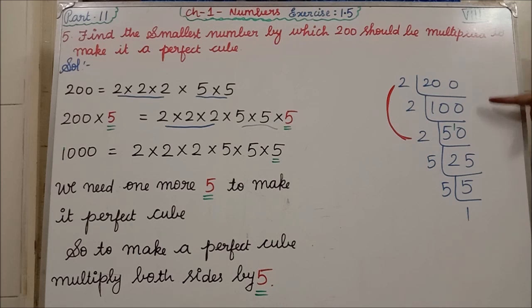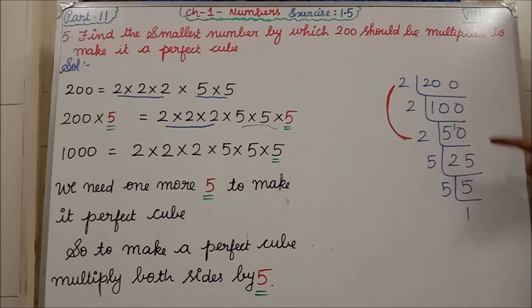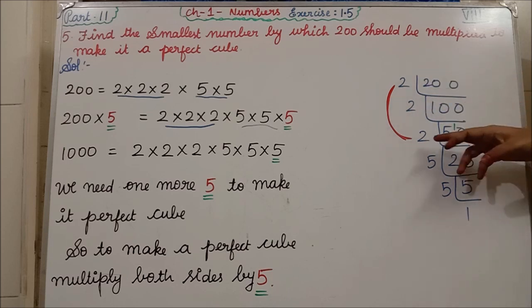Now we are taking the factors. Now we have to find what are the factors of 200. Okay, normal LCM only we are doing here. 1 2s are 2. I am taking 2 0 down. 5 2s are 10, 1 0. 2 2s are 4, extra 1. 5 2s are 10. 5 table. 5 5s are 25. 1 5s are 5. Now observe the factors of 200. 2 into 2 into 2 into 5 into 5 we are having.